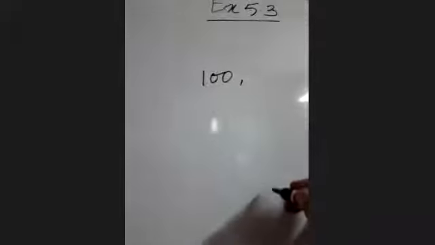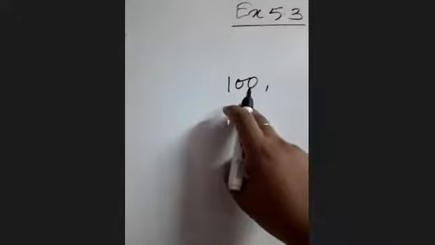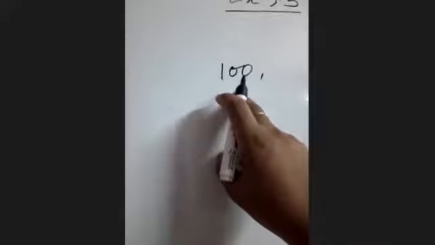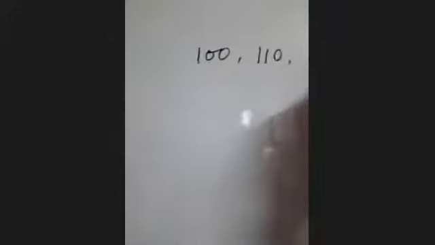So suppose you have been given 100 rupees in the first month as pocket money, and in the next month you will be given a 10% increase. So 100 rupees is the first month's pocket money, and the next month it will be 110 rupees,